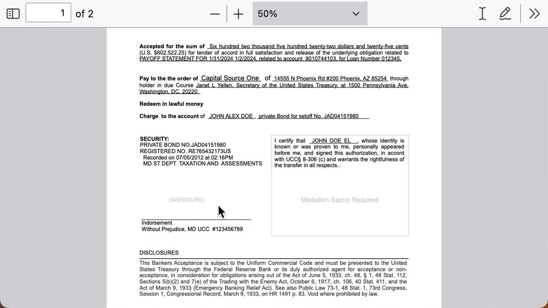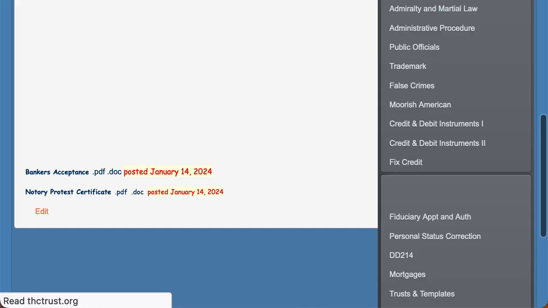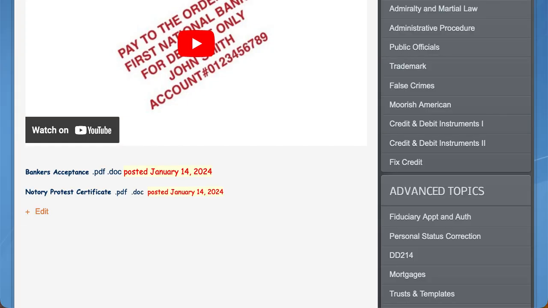So the notary also gives credit to the instrument, per se, right? So it accredits the instrument through being a witness to your signature, if that makes sense. So that's just something I would do. You know what I'm saying? Then you have the instrument countersigned if I couldn't get the medallion stamp. All right, so that being said, let's go ahead and get into this topic of the notary presentment. So right here, you can click the PDF.